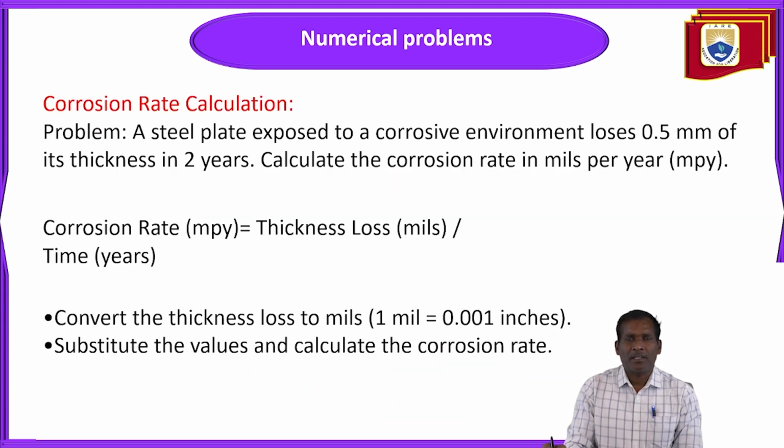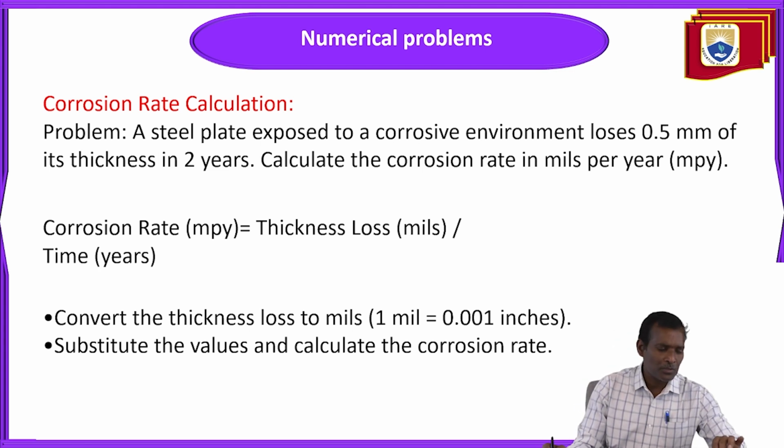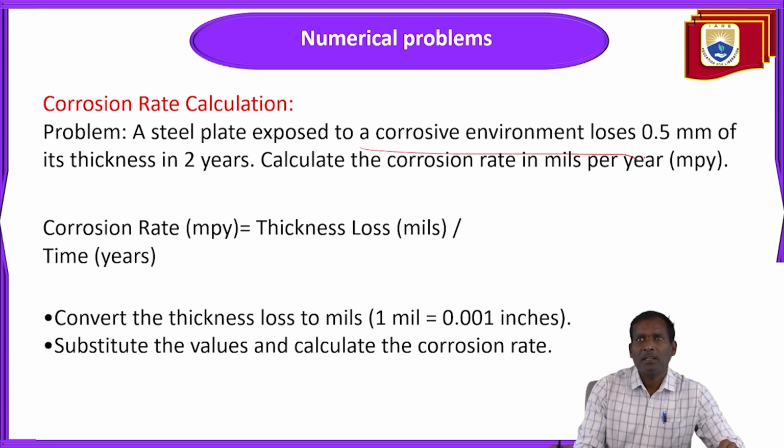Corrosion rate calculation. A steel plate exposed to a corrosive environment loses 0.5 mm of its thickness in 2 years. Calculate the corrosion rate in mils per year. The corrosion rate in MPY, mils per year, is